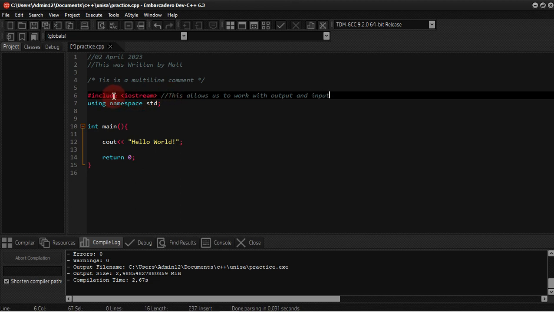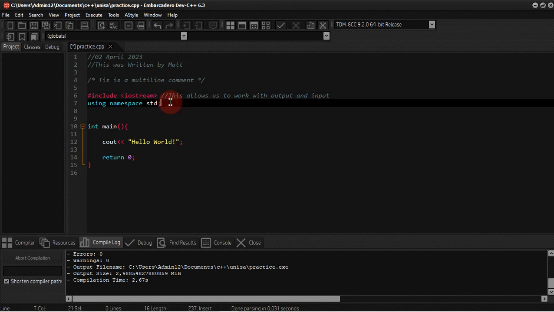So this is the library that allows us to work with input and output. If you want the user, someone who's going to use your program, whatever code you are going to write, to be able to input data and output data into the console. I'm not going to explain what a console is, but as time goes on, you'll know. You have to include this library. This is the library that allows us to do those kinds of things, make output and